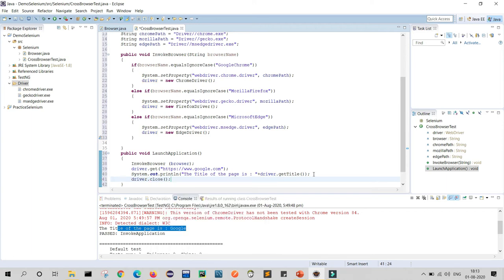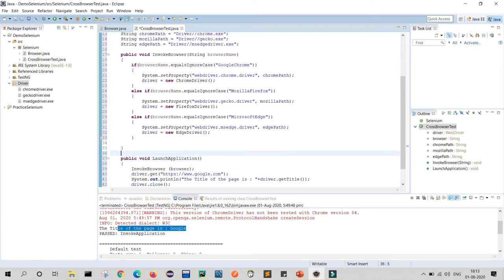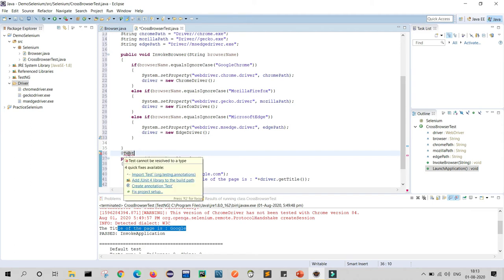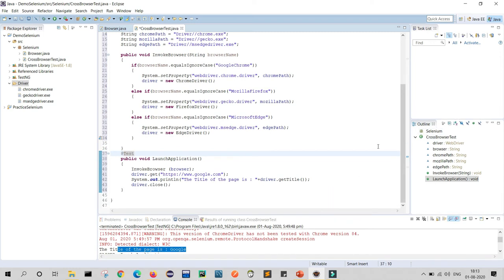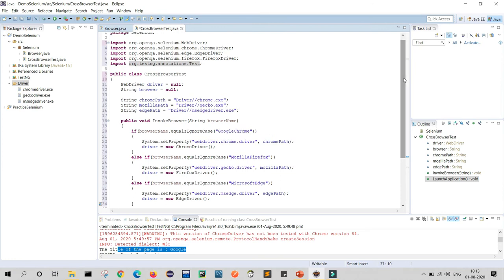We all installed TestNG at the start of the script. So here we will use the TestNG annotation @Test. This will help us to execute the test using TestNG. So it is showing an error. So it will ask to import org testng annotations Test. So I will click here. Now you can see, I'm just making it large. Now you can see our script is ready.